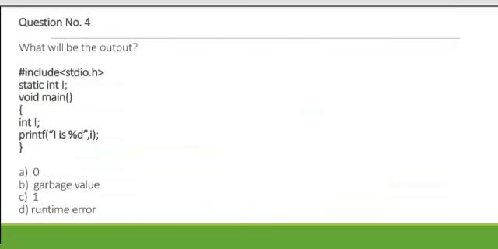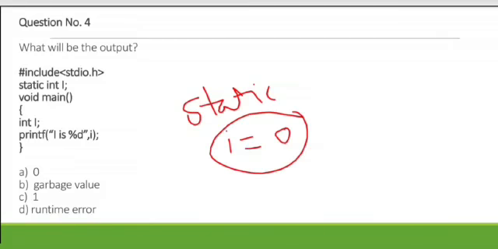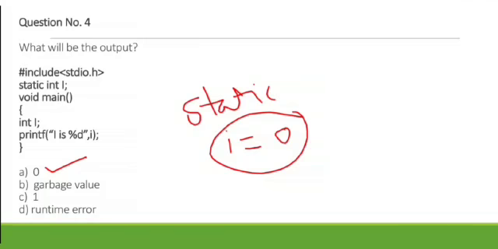Let's go to the next question. So here static int i is declared. You should note this point. This is really a very important point, that whenever we declare any int with static, its default value will always be equal to 0, and this is a very simple question, as we have printed only i. So as it is static int, it will give the value 0. So the output for our question will be 0, that is i equals to 0. So the option is A. Let's go to the next one.